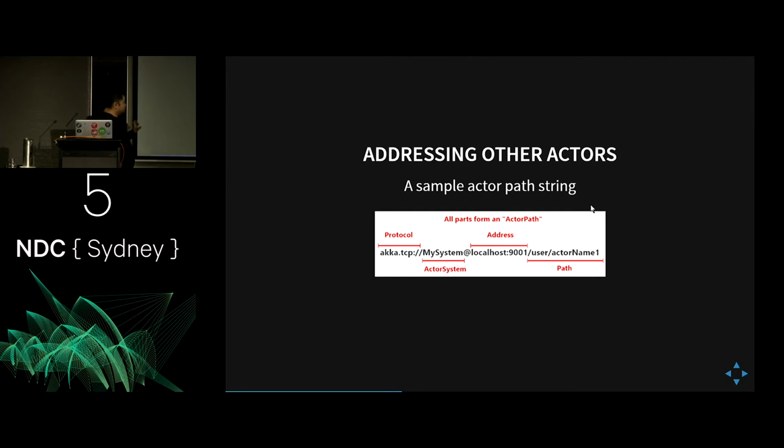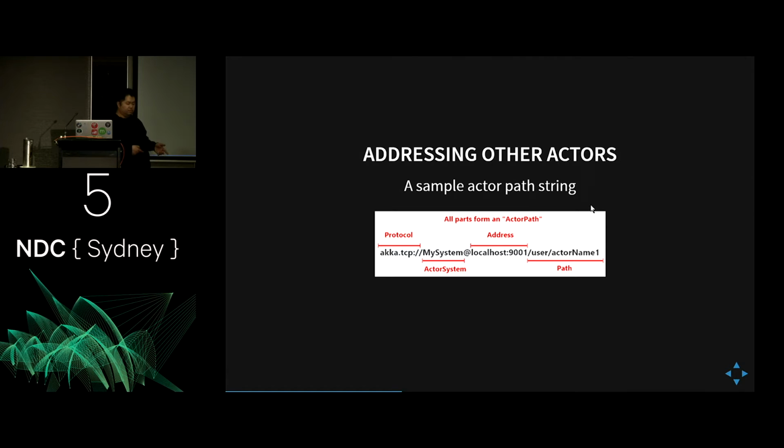The other thing that you should note is that with actors, there's this concept of an actor ref. The address itself, there's a few things here. The protocol is fairly straightforward, so it's TCP, because you want to send it over the wire. You have the name of the actor system, so that's just in case you might have more than one actor system inside of a machine. And at the same time, you also have the host name and port, as well as the path.